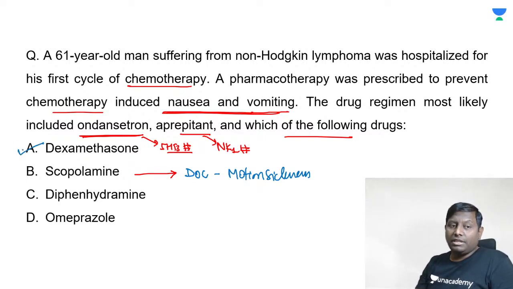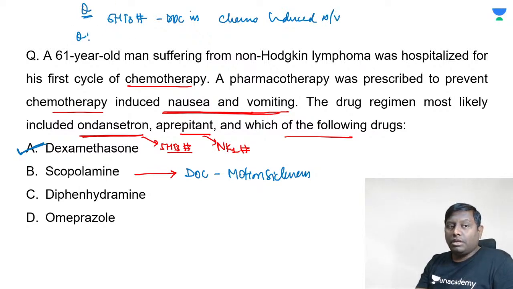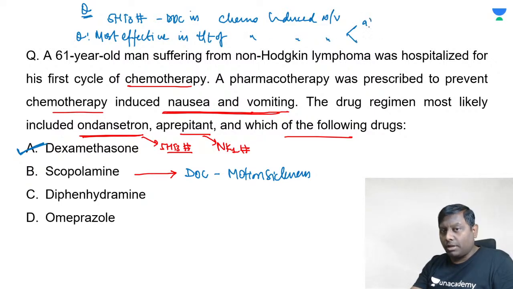The correct answer that we are having is steroids, dexamethasone. Highly effective drug, guys, for the management of the nausea and vomiting, right? In fact, if you have to choose, let us say 5-HT3 antagonist, it is considered the drug of choice in chemo-induced nausea and vomiting. This everybody knows. But if the examiner is going to ask you which of the following is most effective in treatment of chemo-induced nausea and vomiting, and option A says, suppose, 5-HT3 antagonist only, and another option says 5-HT3 antagonist like ondansetron, palonosetron plus dexamethasone, that is a steroid,